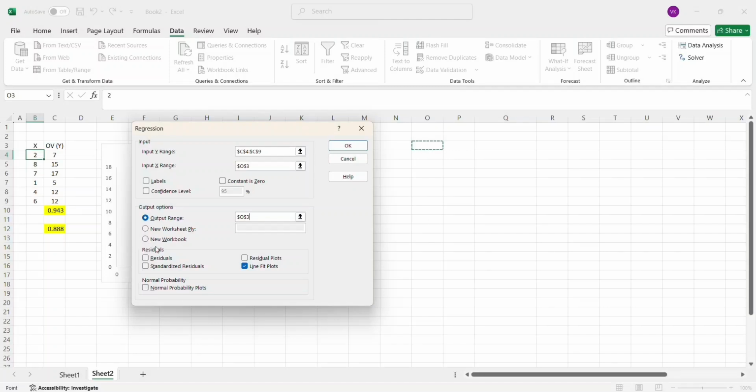And here you have a lot of things to select. To start with, I don't want you to get confused by selecting too many options. So I want you to select only a line fit plot, right? What is a line fit plot? I will explain. So at this point of time, I want you to select only this option. Now if you click OK,